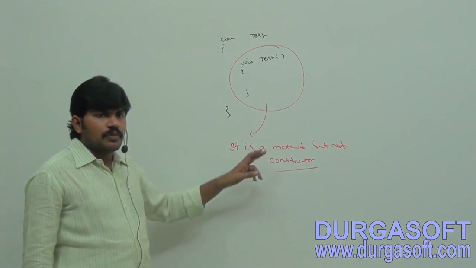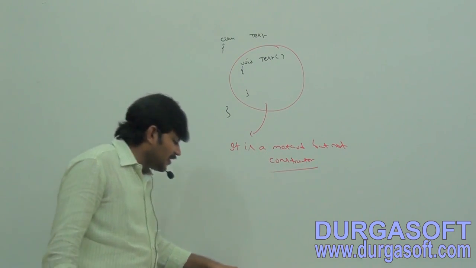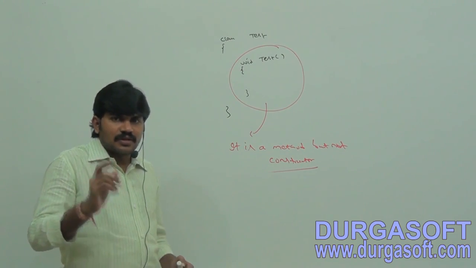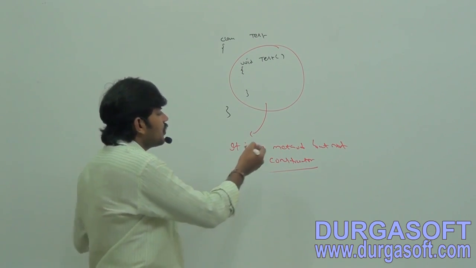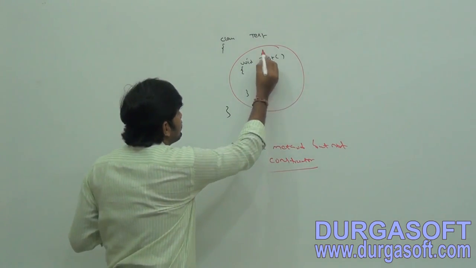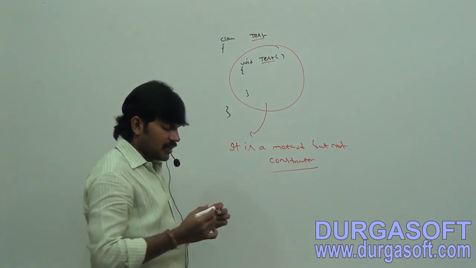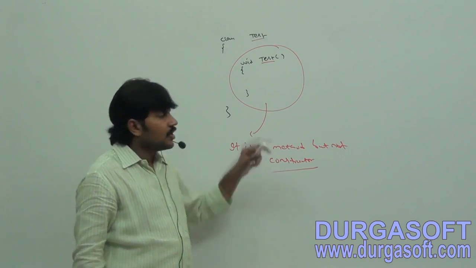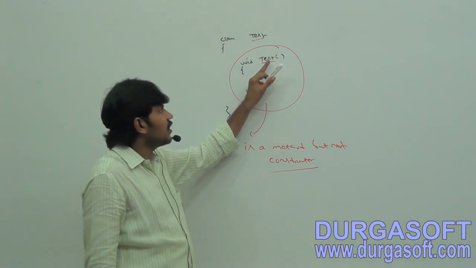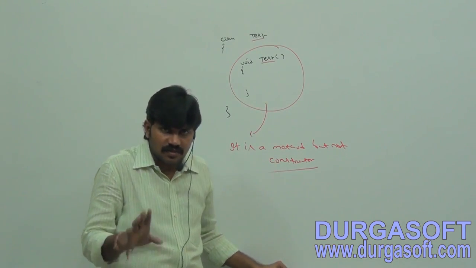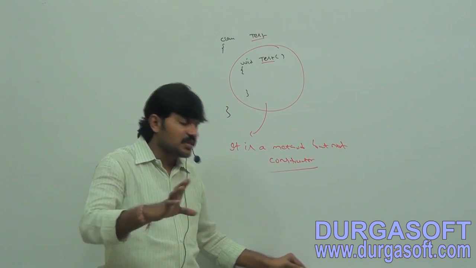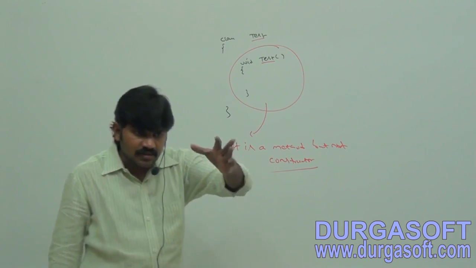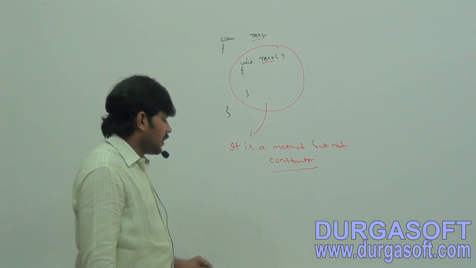Okay, so now I have one doubt. It is legal, listen to this one. It is legal to have a method whose name is exactly the same as the class name. Correct or not? Legal means valid. It is valid to have a method whose name is exactly the same as the class name. Correct or not? Yes. But is it recommended or not recommended? Not recommended. Correct or not? Hence,